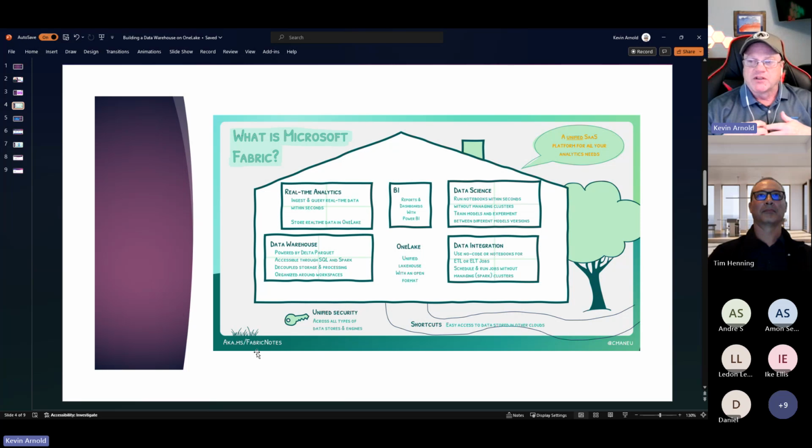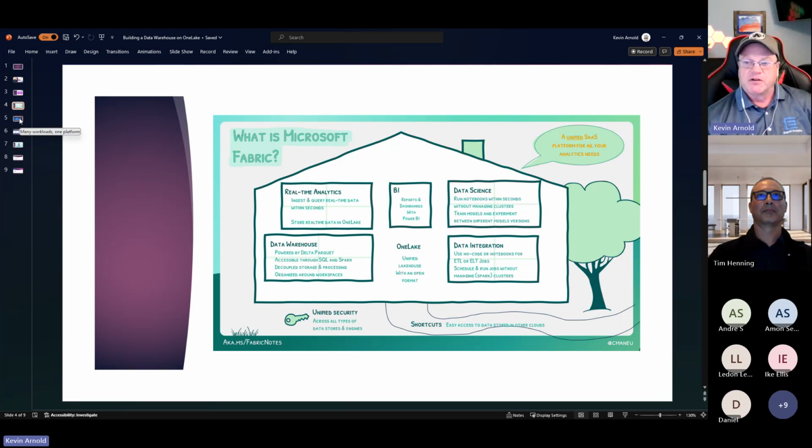We're going to focus a lot on what's on the bottom there, data warehouse and data integration. So that's mainly where we're going to look. And for data integration, I also kind of talk about Spark or notebooks and using a Lakehouse format at that point. But what really makes Fabric unique is what's in the middle here, the OneLake part. So OneLake is unified. It's open format. And so what does that mean? That means everything is written into what's called Delta, and some people say Delta Parquet, but Delta tables.